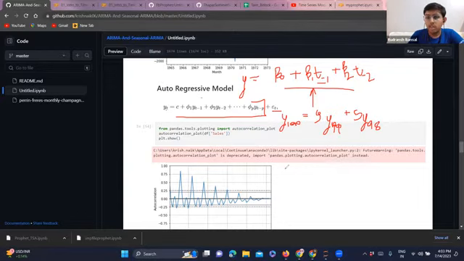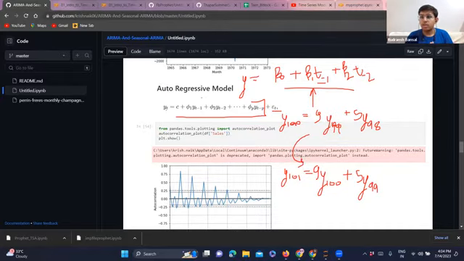Okay, so for the next value, when I try to find y101, it will be dependent upon 9 times y100, that is the value just one lower than the value we are searching for, plus 5 times y99. So it is regression, and it is changing with every iteration automatically. So it's an autoregressive model.